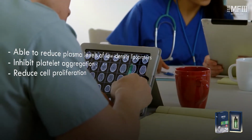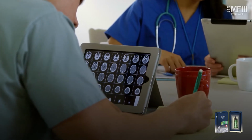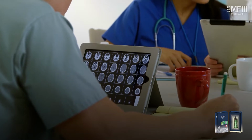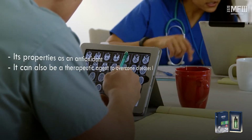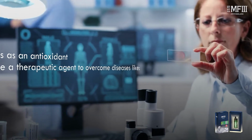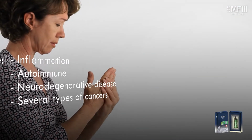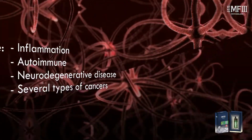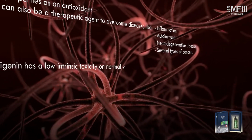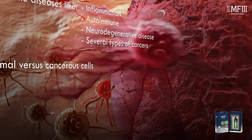A high number of studies carried out over the years have indicated that apigenin has many interesting pharmacological activities and nutraceutical potential. For instance, its properties as an antioxidant are well known, and it can also be used as a therapeutic agent to overcome diseases like inflammation, autoimmune, neurodegenerative diseases, and even several types of cancers. Compared to other flavonoids, apigenin has a low intrinsic toxicity on normal versus cancerous cells. Apart from that,